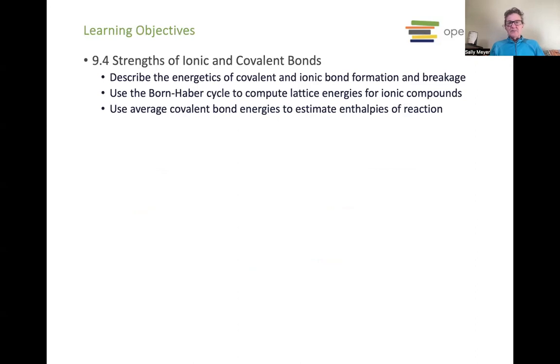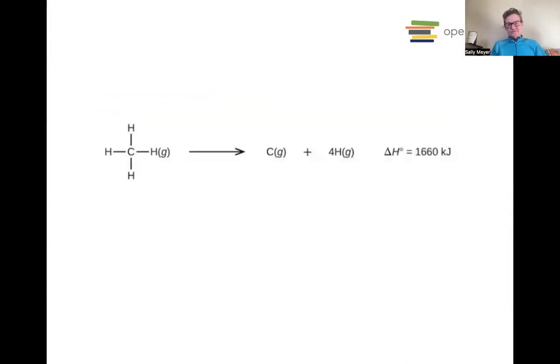And the last thing we're going to think about is the strength of bonds and how it relates to a delta H. So we're going to skip the section on the Born-Haber cycle just because we're also going to skip some sections on ionic bonding. It's a bit too much to do all of it. Not that it isn't important, but covalent bonds are more important if you're talking about fossil fuel reactions. So we're going to use average covalent bond energies to estimate enthalpies of reactions. So we're going to skip the Born-Haber cycle, which involves the energies of ionic compounds.